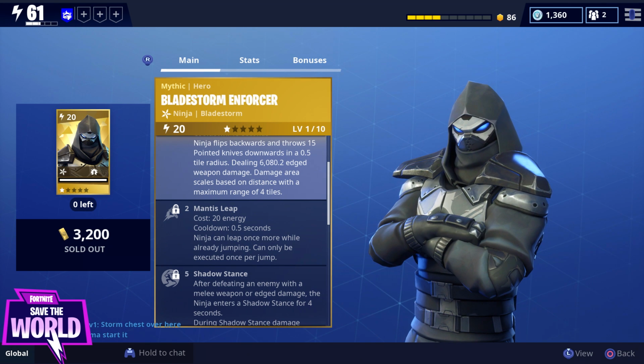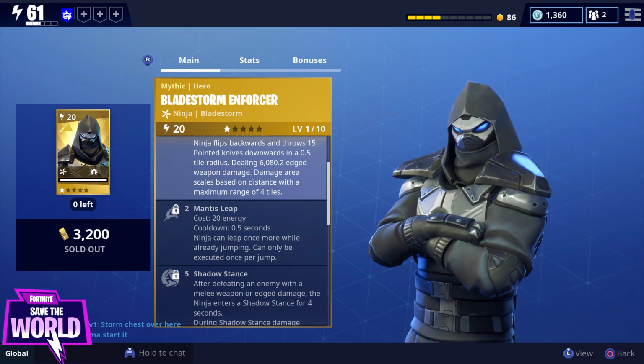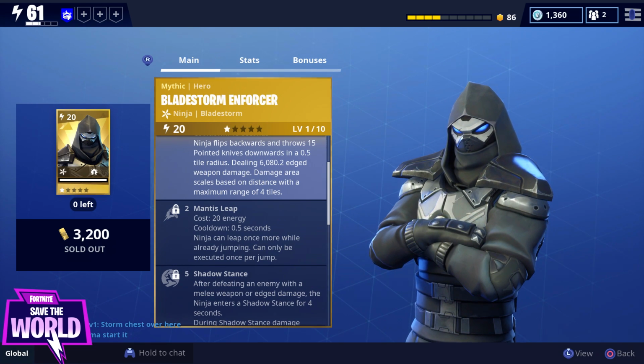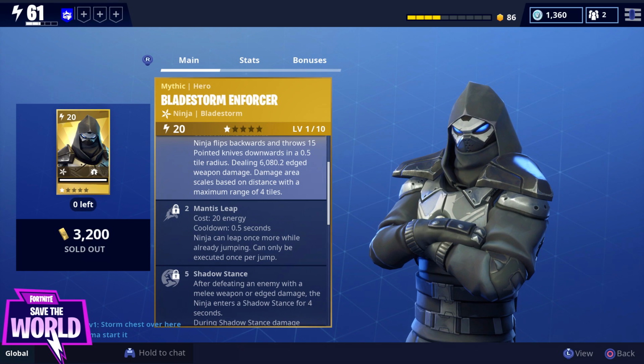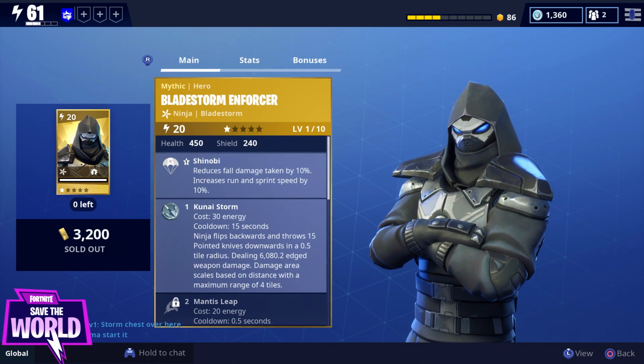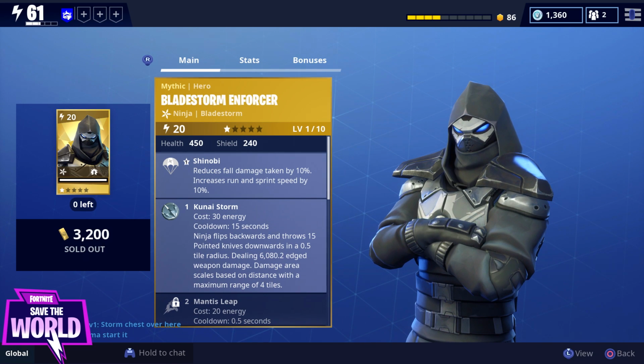And as you can see here, this guy is a Mythic hero. You probably recognize him from Battle Royale. He is, of course, the Season 5 unlockable skin that you can get if you complete 7 out of 10 weeks' worth of challenges. I think that's how you get him. He's a ninja, costs 3,200 in the store,